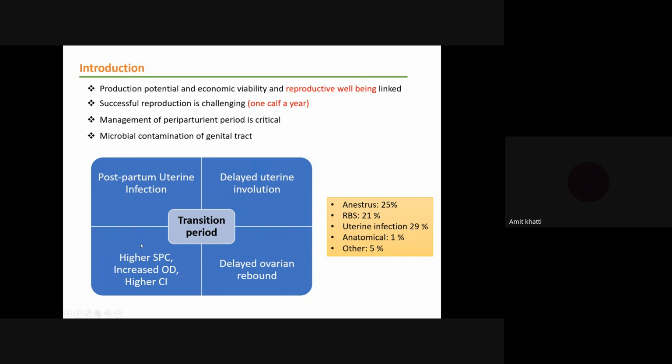Okay. Why are these fertility parameters increasing? Because due to the postpartum uterine infection, ultimately the animal is suffering from a reproductive disease, either stress, repeat breeding syndrome, uterine infection, or other disorders. In all these types, you can see the share of the uterine infection is nearly 30% in reproductive disorders. So majorly, whatever kind of reproductive challenges we are facing, most of the time it is because of the uterine infection. That's why the management of postpartum uterine infection is very critical for sustainable dairy